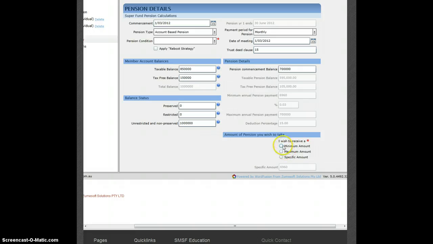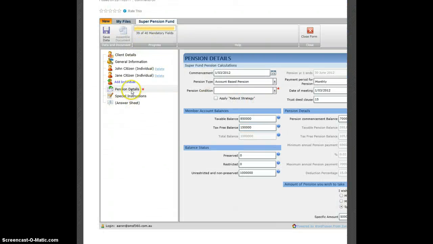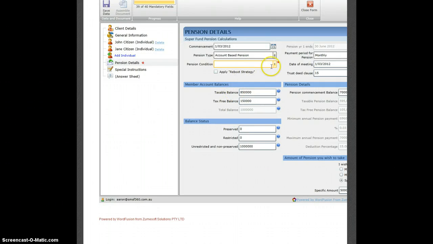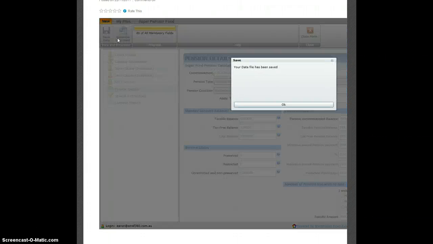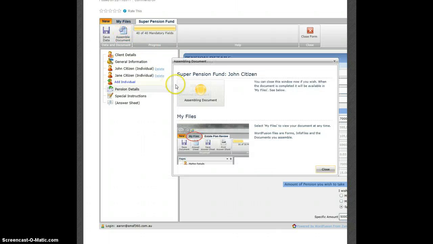We then need to specify here whether we wish to take a minimum, which will calculate, a maximum, which will also calculate being the entire balance, or a specific amount. And if it's a specific amount, we would simply put in there $50,000, for example, which will calculate that minimum for the particular period. So we've now got ourselves in the system 39 of the 40 details actually completed. We need to just go back, hadn't finished the retirement, and we've now got ourselves the complete mandatory fields that have been done. We now only need to click the assemble document,